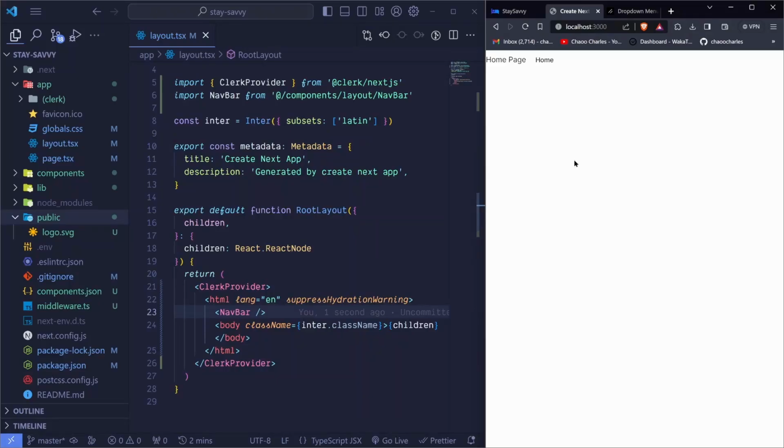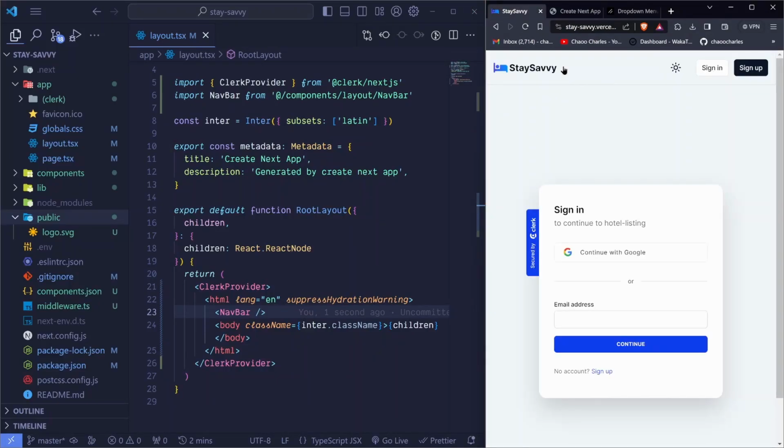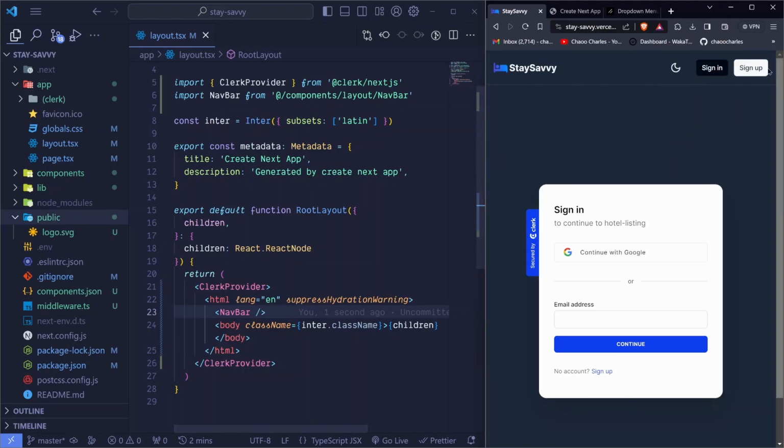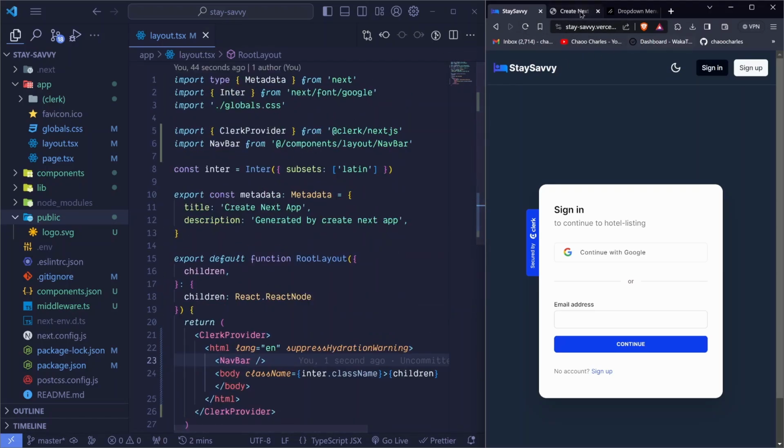In this episode, I want us to work on our NavBar so that we have a nice structure like this one. So on light mode, it will be like that. On dark mode, it will be like that. The first thing that we can do is to display the name of the application at the top here